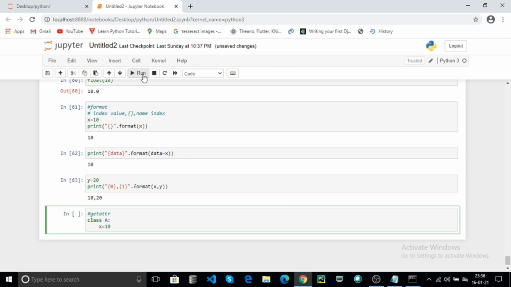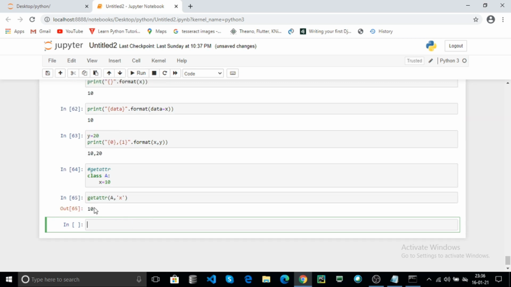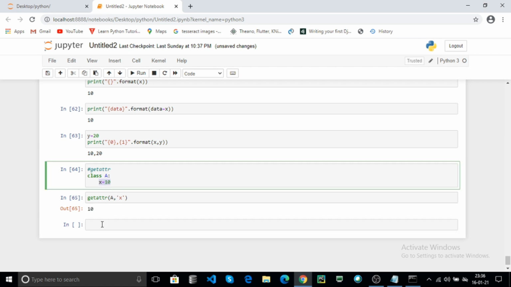Click on run. You can directly use getattr, first pass your class name and the second parameter is your attribute name. The attribute name must be passed in string format. Click on run. Here the x contains 10 in the A class.